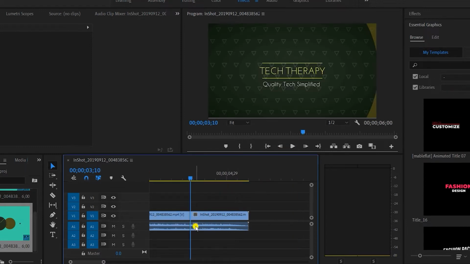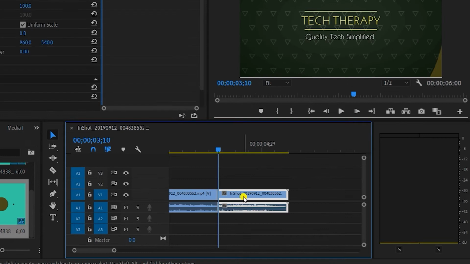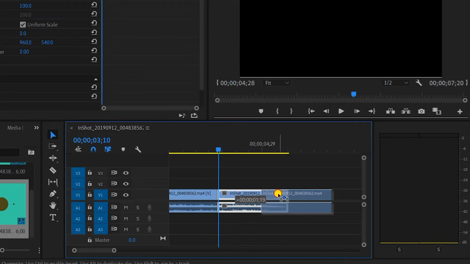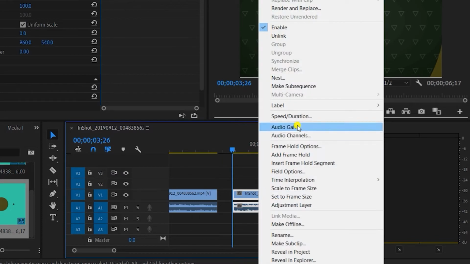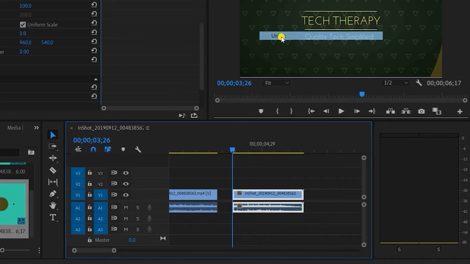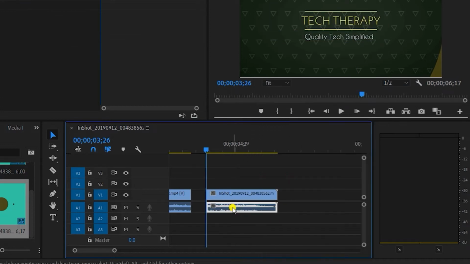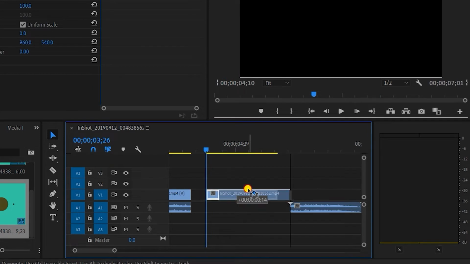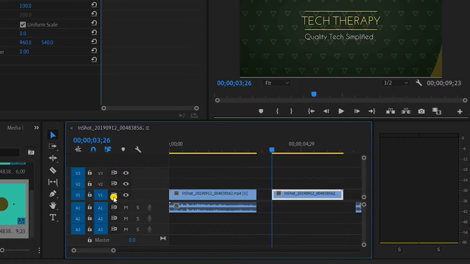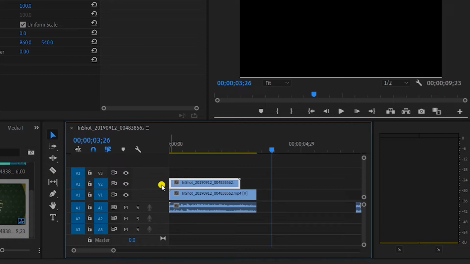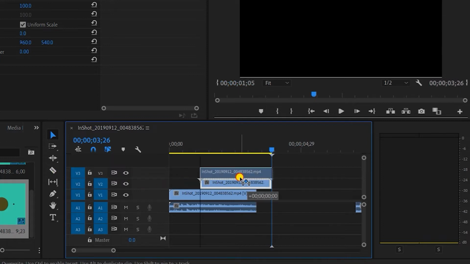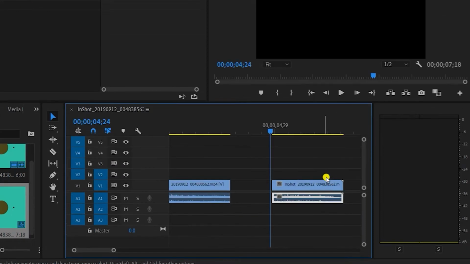Now over here, if you want this video but you don't want the audio, as you can see, even if I cut it, the audio and video move together. Then you simply have to right click on the file and press unlink over here, which will unlink both of these files, and then you can independently move these two files. Back to this panel, V1 shows the first layer of video and A1 shows the first layer of audio. If I place it above, this will now be played on video 2. This way you can overlap your video or photos above any other layer. So this is how you can unlink it and move it independently.